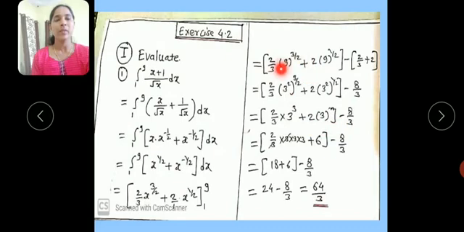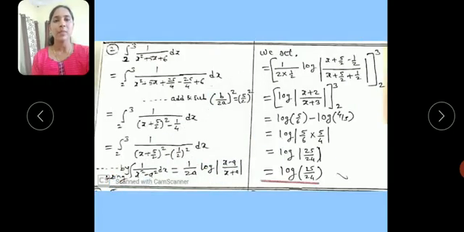This is equal to 2 by 3 into 3 cube plus 2 into 3 minus 8 by 3. Here see this step, here 9 can be written as 3 square. Next step is 2 by 3, 3 cube can be written as 3 into 3 into 3. We get 3 into 3 into 3 plus 6 minus 8 by 3. This is equal to 18 plus 6 minus 8 by 3. Here 18 plus 6 is equal to 24 minus 8 by 3. Calculating this, we get 64 by 3.